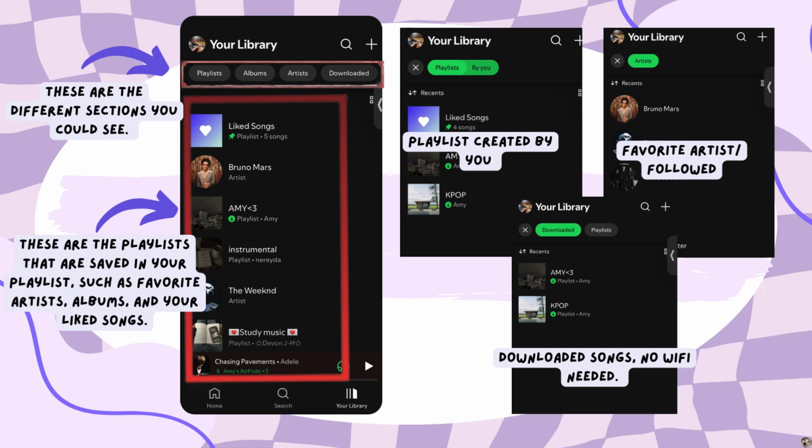At the top of the screen, you'll be able to see different sections. Unlike the home page, these sections work as a filter rather than a way to see different types of entertainment. So, as you can see in our first example, if you click Playlist by You, you will only see playlists